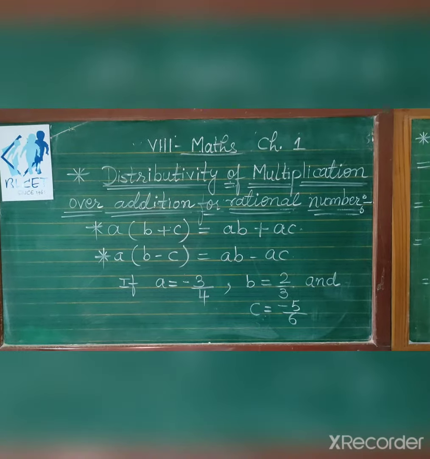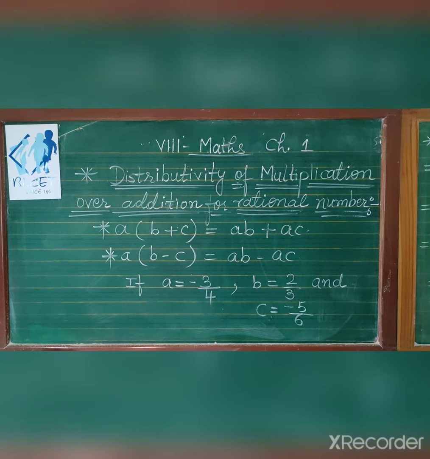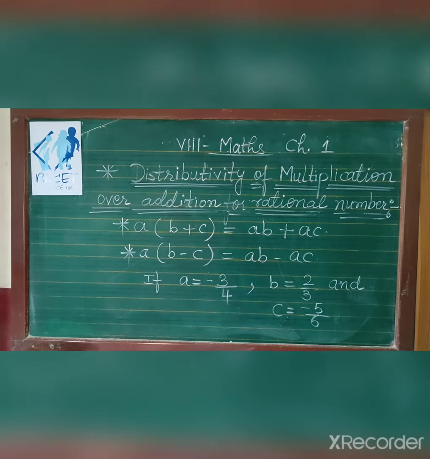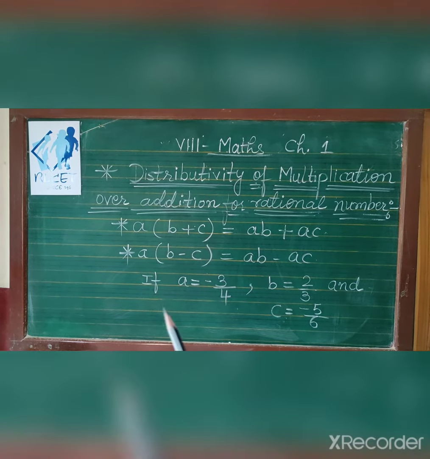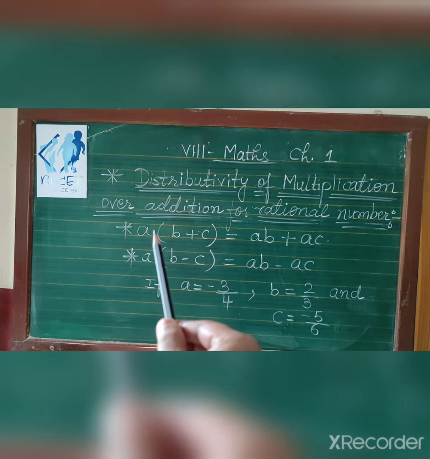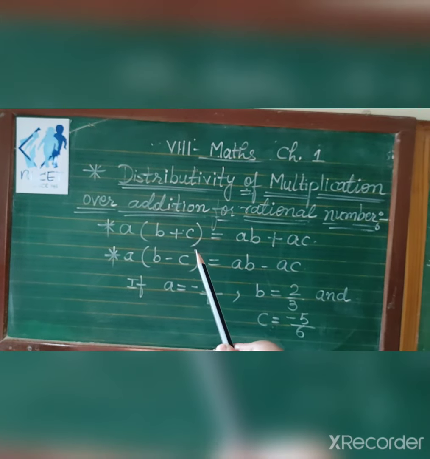Now we will check distributivity of multiplication over addition for rational numbers. This property we will check. Now see here, distributivity of multiplication over addition for rational numbers. So distributivity of multiplication between this bracket and this rational number, the sign is multiplication, over addition, you can see two rational numbers